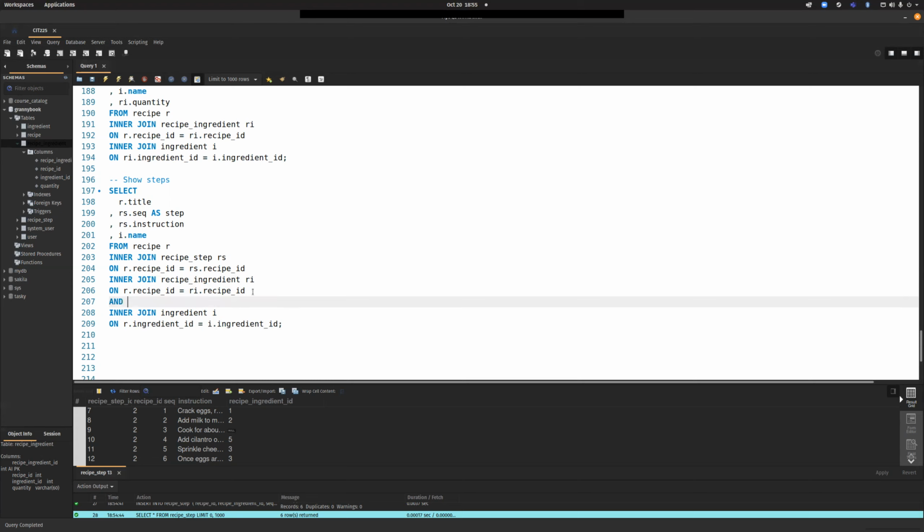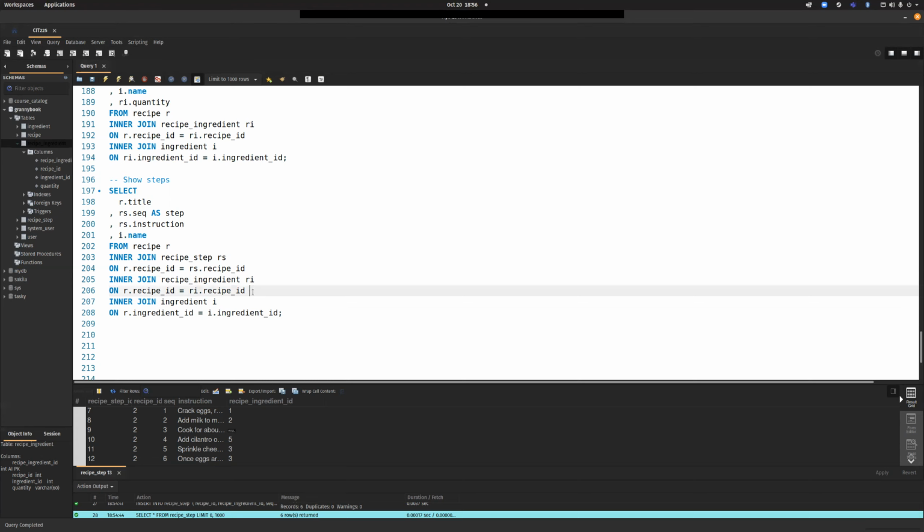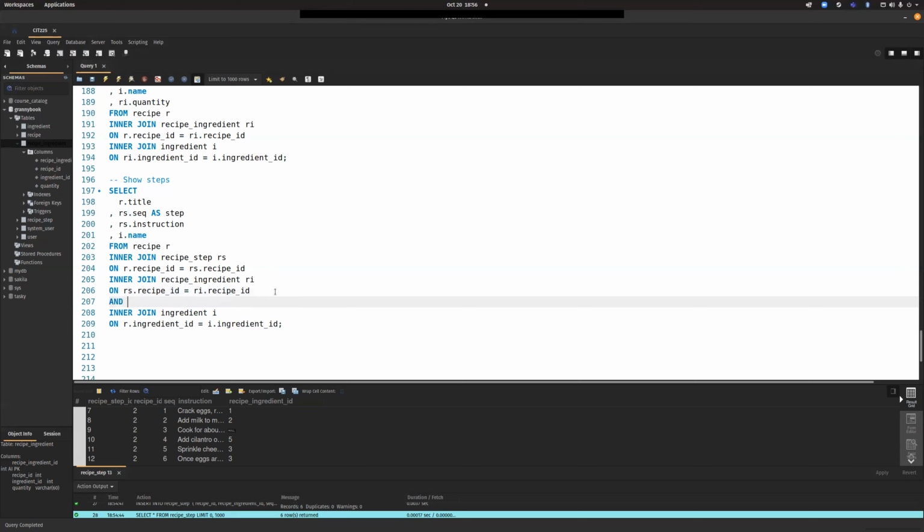So I'm going to say and rs.ingredient, recipe step, rs.recipe ID. Yep. And rs dot